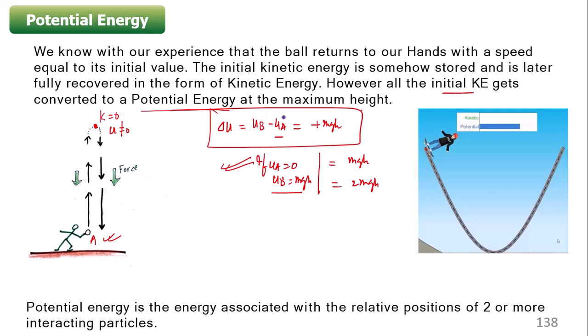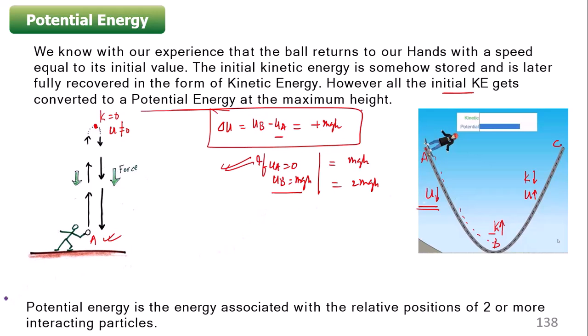So what I am trying to emphasize here is that whenever the particle is moving, let us say the particle is initially at point A, as it moves down to point B, the kinetic energy is increased. That means some other form of energy, the potential energy, is reduced. So in the movement of the particle from A to B, potential energy is reduced and kinetic energy is increased. Now when the particle moves from B to C, the kinetic energy is being decreased and potential energy is being increased. So if one energy is decreasing, another energy has to be increased.